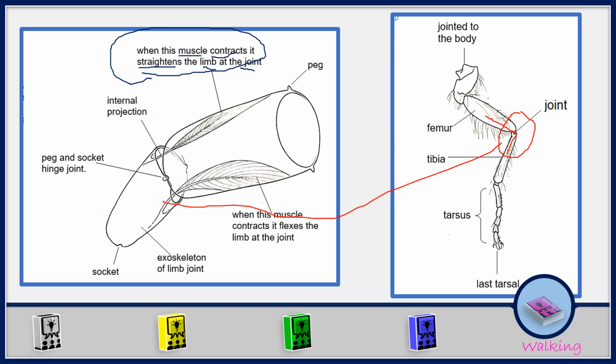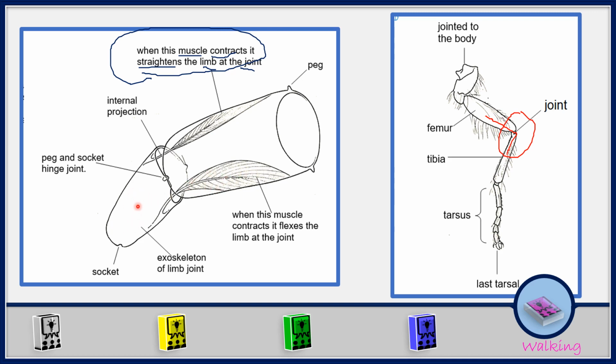So what we are going to see here is that our muscle which is contracting is this muscle here. This muscle is the one which is contracting. And how do we know that it is the one contracting? Because it is thicker than this one. Therefore, this one is the one which is contracting. And when it contracts,